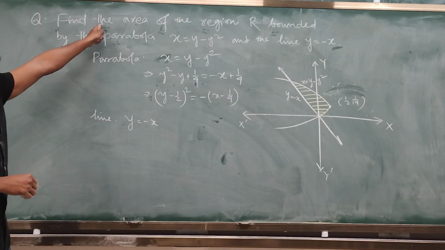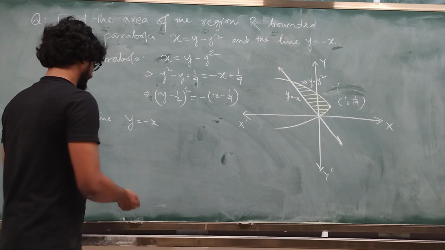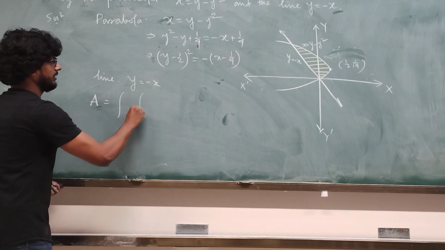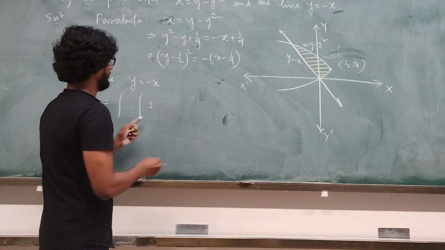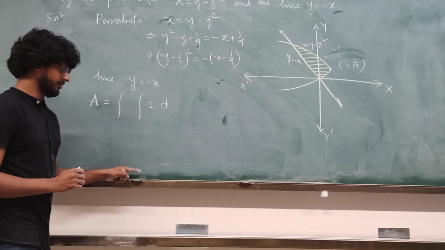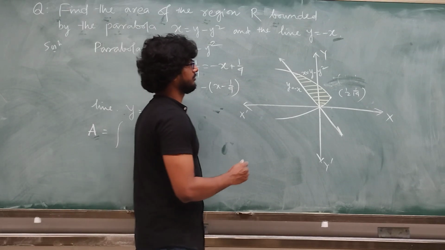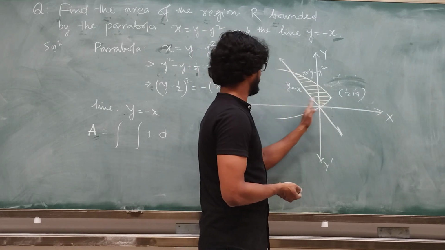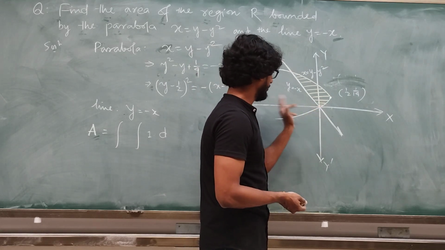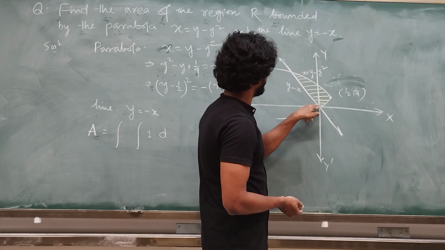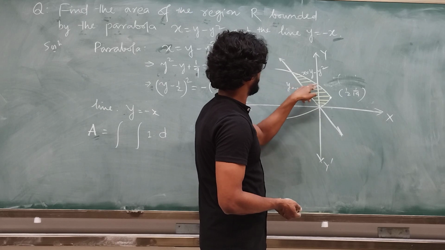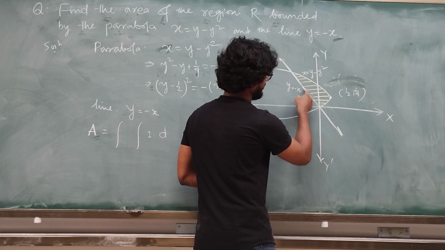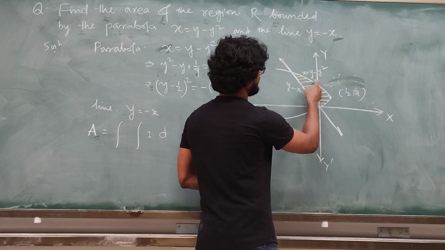Now we have to find the area. For that we can write it as a double integration. So the required area will be a double integration over the region we are taking. Now we have to choose which limit we should take. If we choose y as the first reference, then before the origin on the negative x-axis, y is lying here, this is the lower limit and the upper limit is here. And after the origin, the limit is changing, so lower limit is this, upper limit is this.